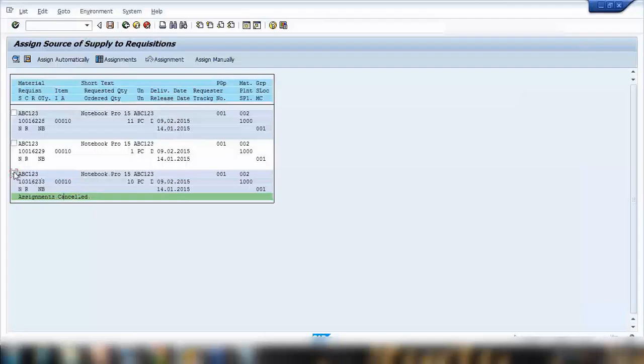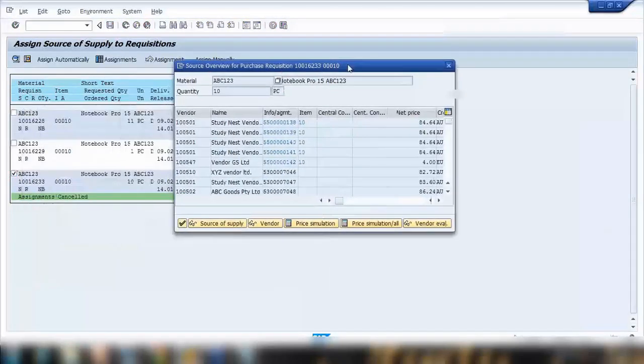So other way to do is to click on the assign automatically. What that is, if you click on assign automatically here, system will show you all the PIR record and the scheduling agreement that